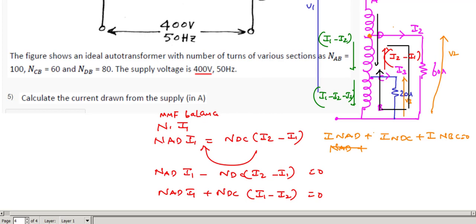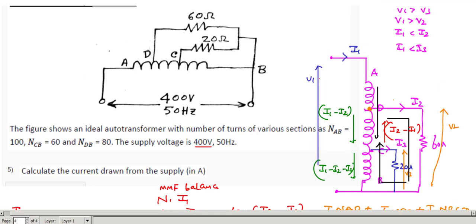That is the current and number of turns in AD, in DC and in BC. Okay, so now apply MMF balance here. So what is current I1 into NAD? So NAD is how much? You can see here. Total NAB is